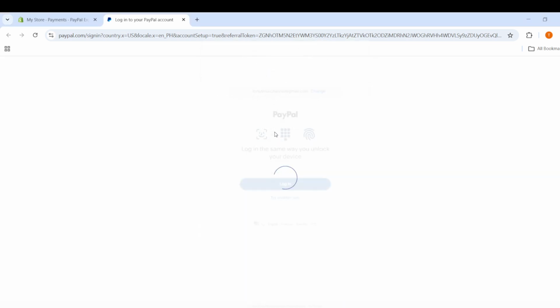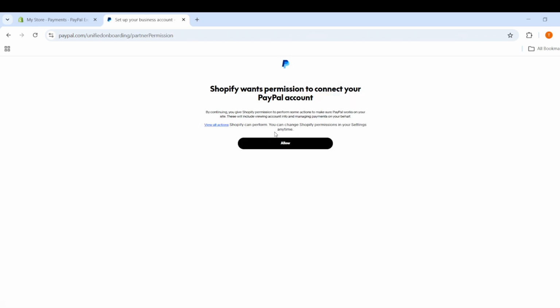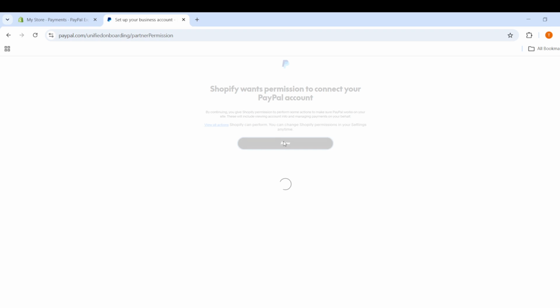After you enter your login details, Shopify and PayPal will display an authorization prompt. In the final connection step, click Allow PayPal to connect in Shopify. This approval is what completes the link, confirming that PayPal can act as a payment method for your store. Take a moment here to make sure the prompt is referring to connecting PayPal within Shopify, and then proceed by